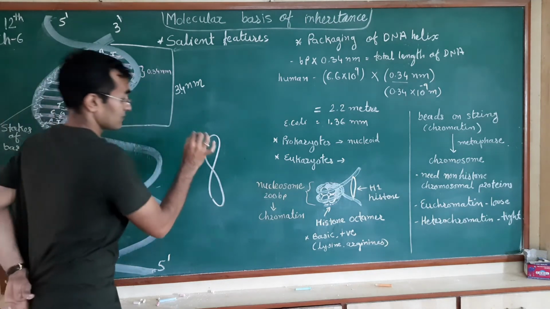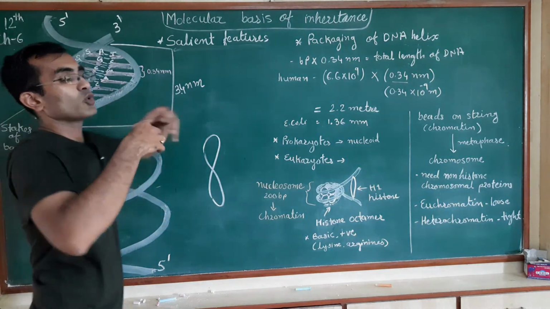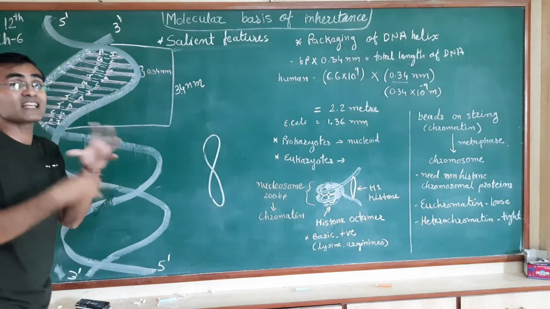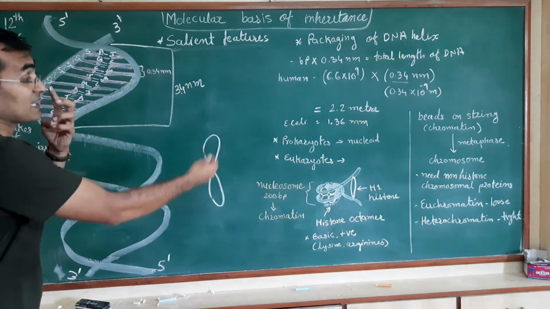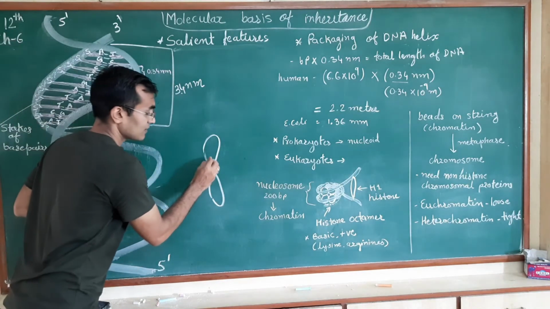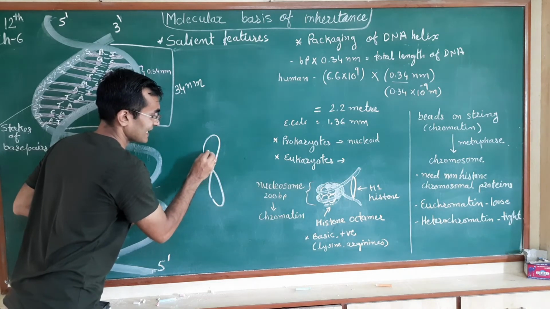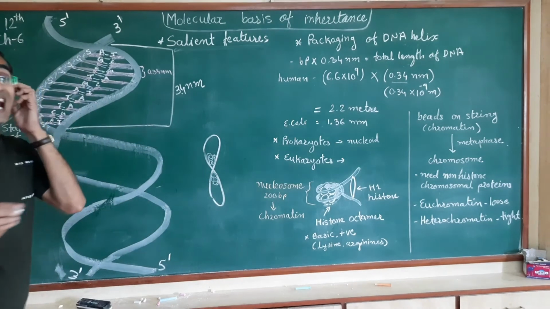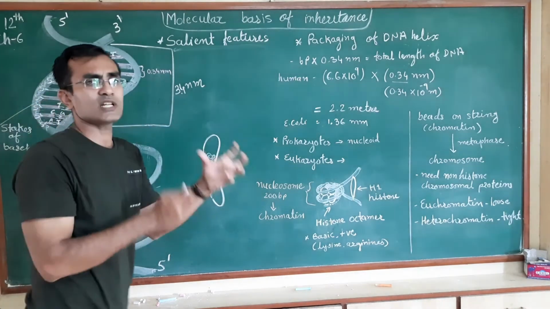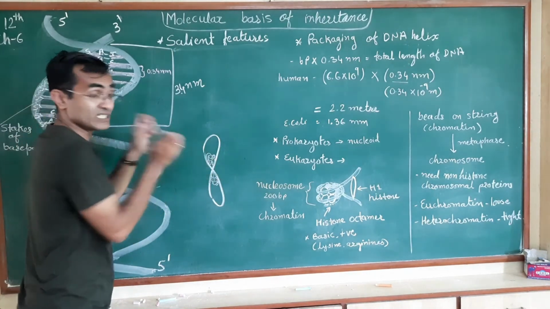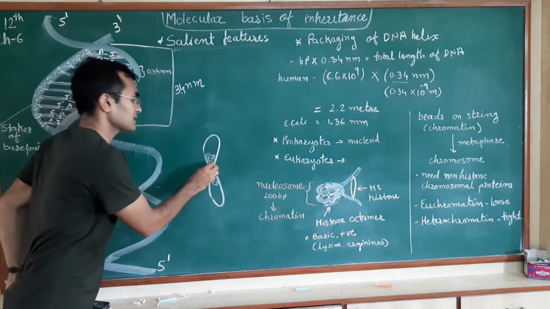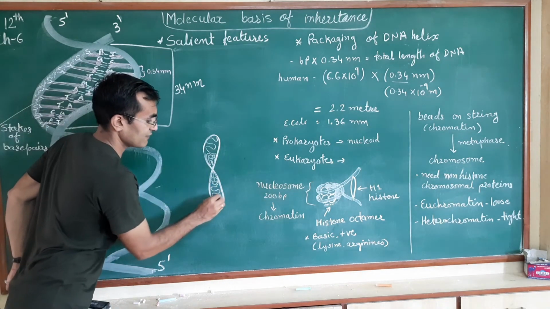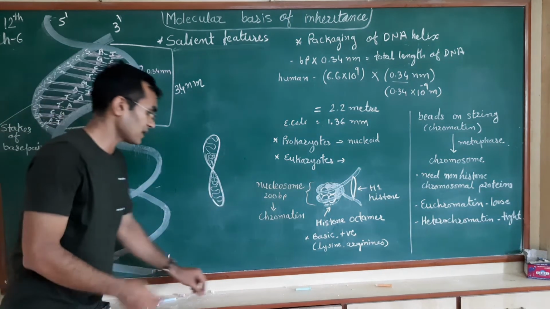And when can this happen? If the total length of the DNA gets shortened in size. And how does it get shortened? By condensation, by the wrapping process, or by the packing mechanism. So whatever we can see here, the DNA at this location will be tightly packed. The non-histone and histone protein molecules in this region will be very high in number. So this region is tightly packed, whereas this region is loosely packed. The DNA present in this region will be loosely packed.